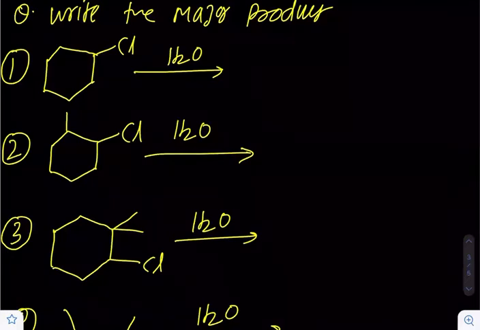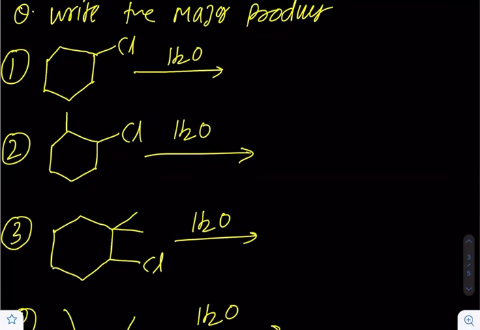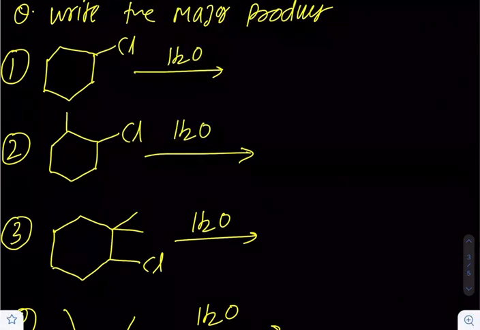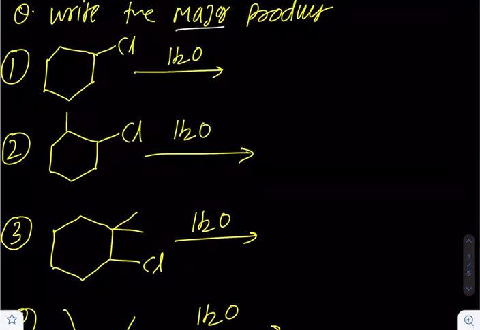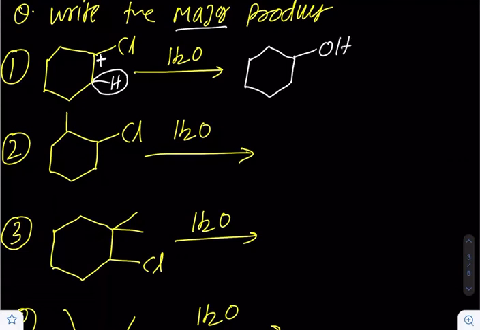So let's do some questions of major product for better understanding. We have a carbocation intermediate. One key thing to understand is that a carbocation has the property of rearrangement. Whenever a carbocation is formed, if there is a possibility of rearrangement, the rearranged product will be the major one. In this case, the carbocation is already stable. After rearrangement, there is no increase in stability. So the same position which has the carbocation has OH after deprotonation.